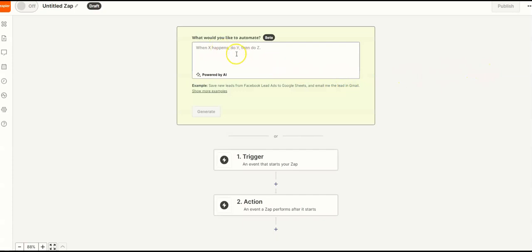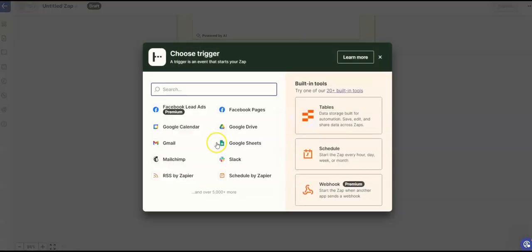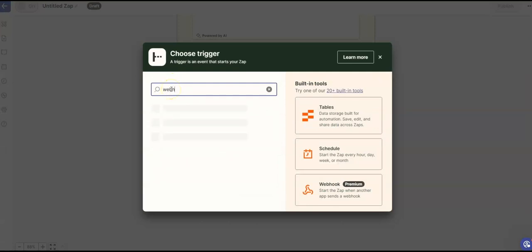And you can tell this is AI generated. We're not going to use this because it's not relevant at this point, so we can create it manually. A trigger and action. So first we're going to select a trigger, and what you need to do is select webhooks,